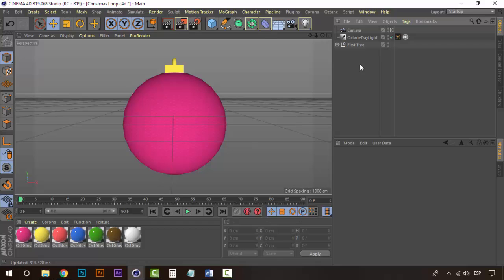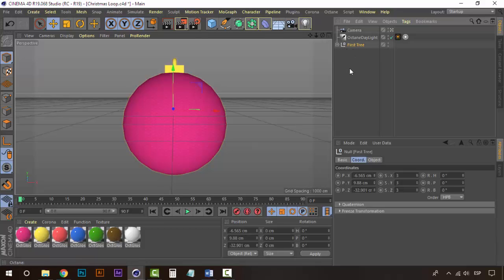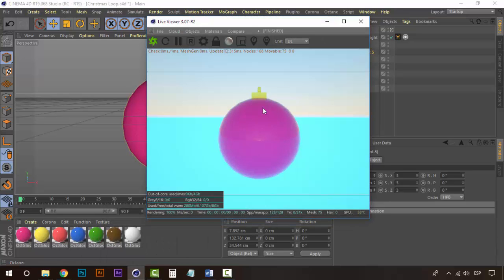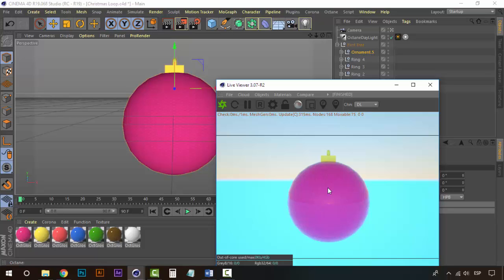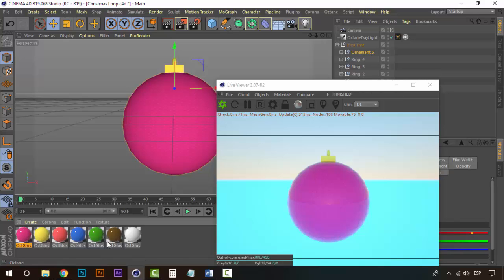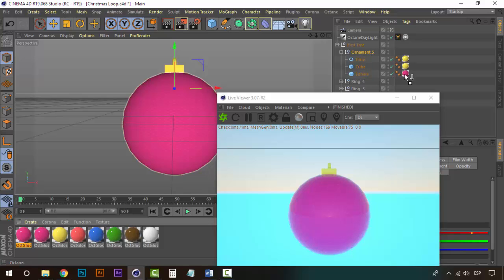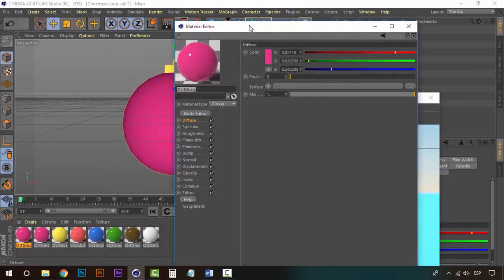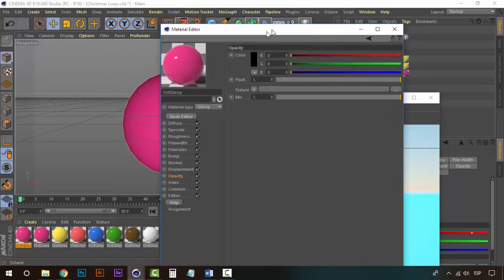Now we have to check out a couple of things. First, this ornament. Right now, it's like this, but of course there's no use for this right now. We need to make this ornament transparent. So let's take a new material. Let's create a duplicate of this, and let's make this ornament this material, and open up the material editor and just go to the opacity here,